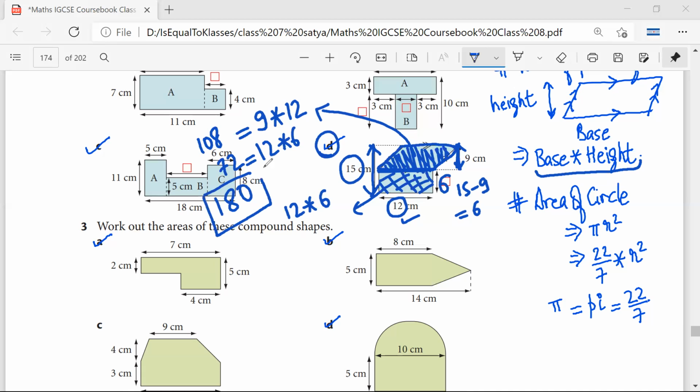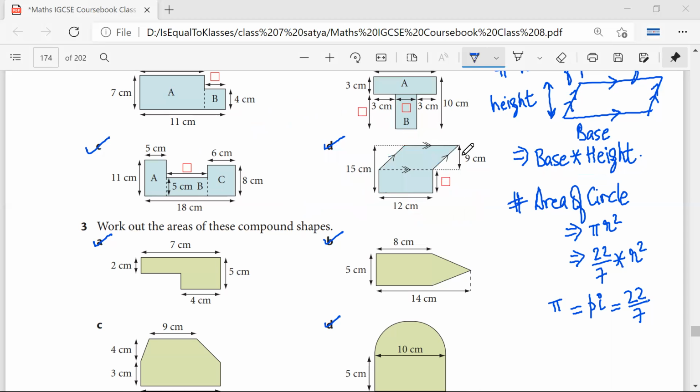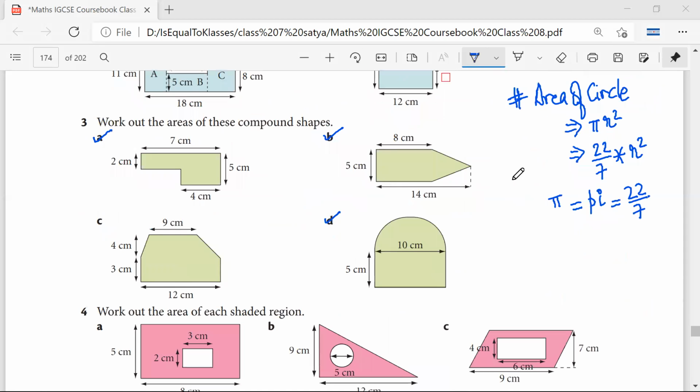Mr. Sarthak, is it okay? Yes, sir. Mr. Sarthak, how to do this question? So,